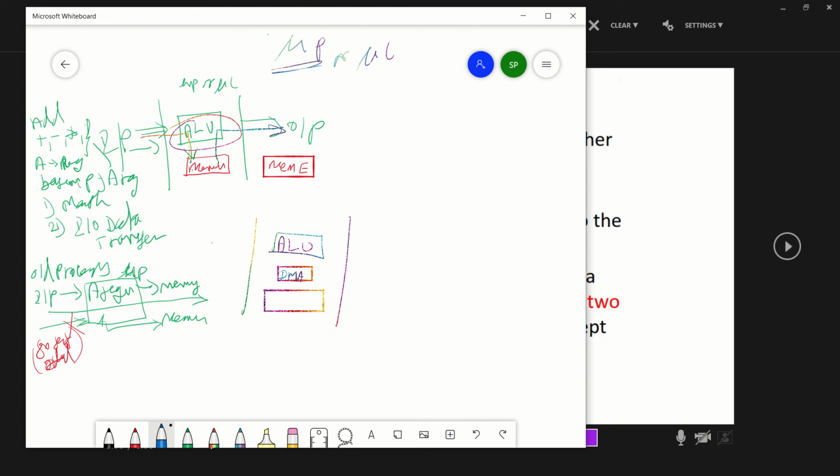From IO to memory. I am also going to instruct through this device, that is DMA, direct memory access. I am also going to the ALU, which can give the starting address of this memory. This is the memory which is available straight away. So these are all the addresses. This is the memory content. So that is the DMA which is going to tell.